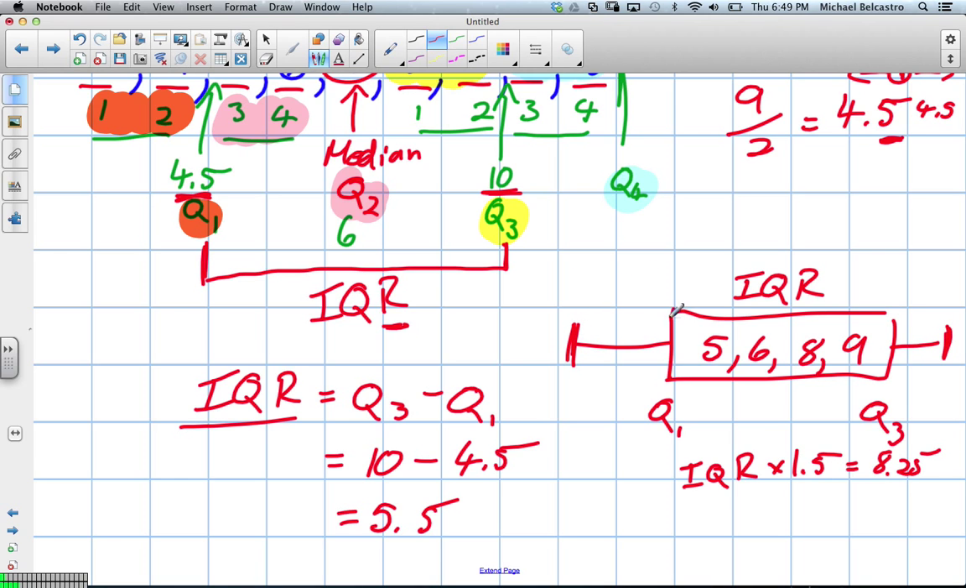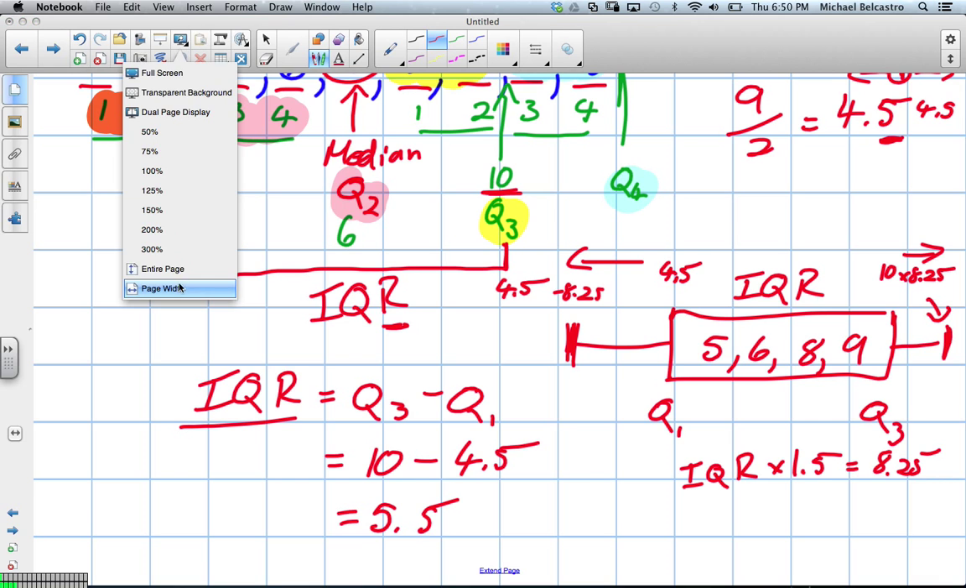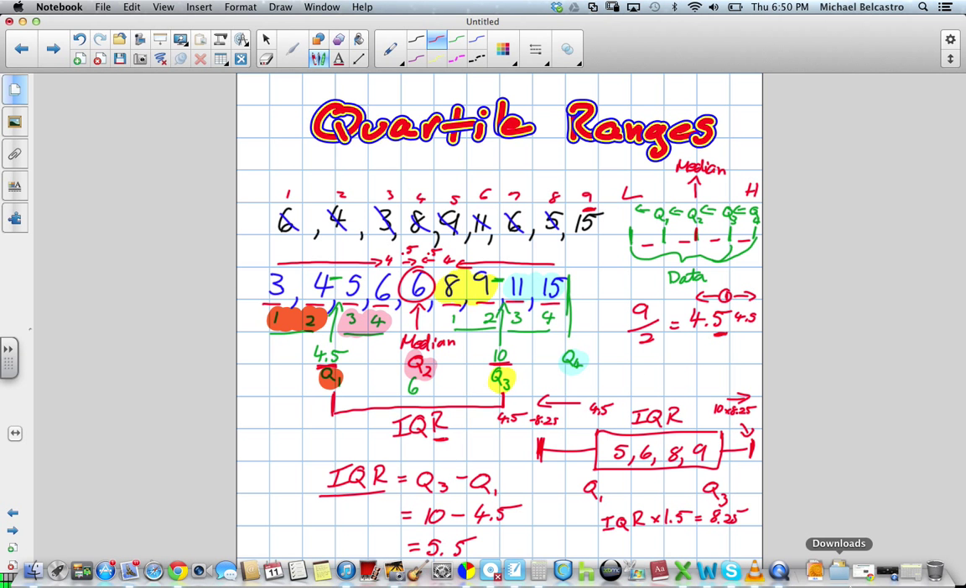Okay, so you take your Q1 value, in this case 4.5, and to figure out the end of this whisker, because we're going back, we subtract 8.25. And here we would take Q3, which is 10, and because we're going to the right, we add 8.25, and that will give us the ends of the whiskers. Now, these whiskers are going to be very long, and all of our data is going to fall in it, and that usually helps us find outliers for box plots. But I have another whole video on that if you